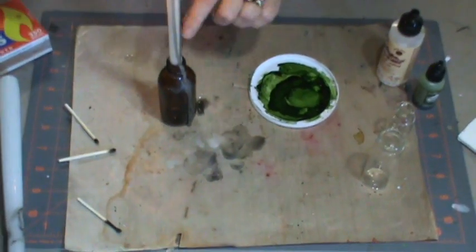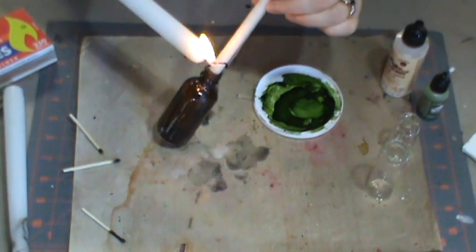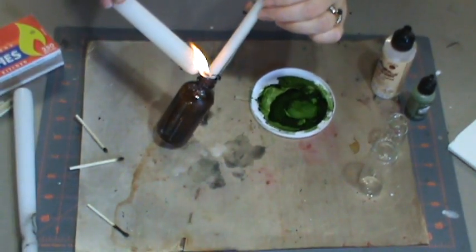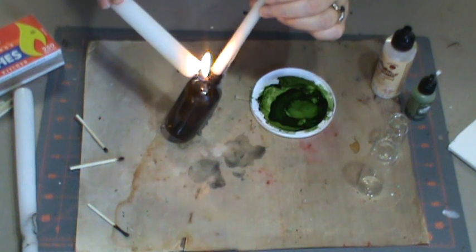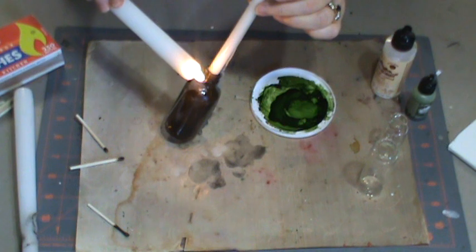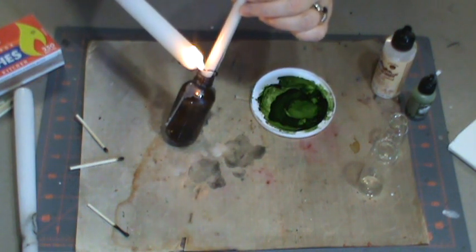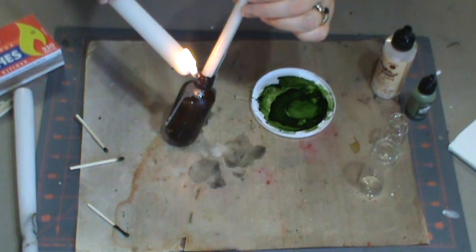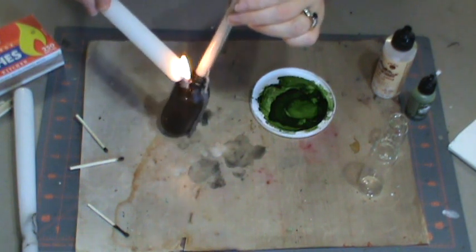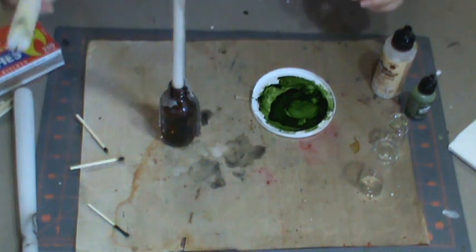Another thing you can do if the candle is very secure in the bottle is you can just tilt the bottle and come down lower and drip more wax. So I like it where there's wax dripping from the candle and then also just a ton of wax on the bottle. So once you get this as waxy and gooby as you want it,